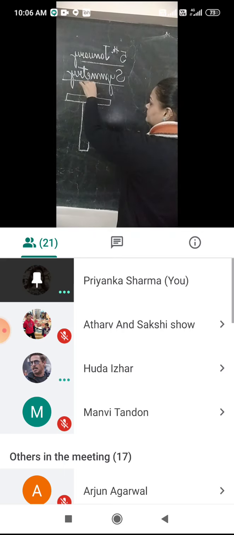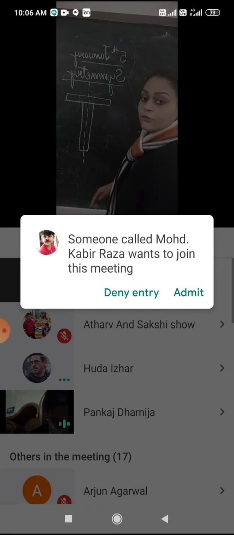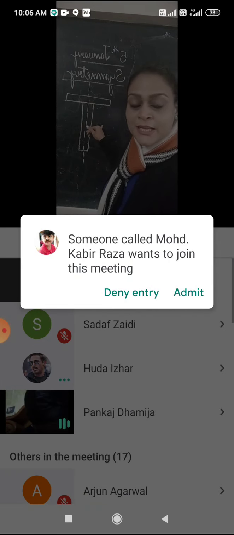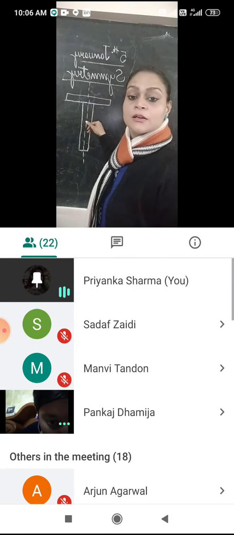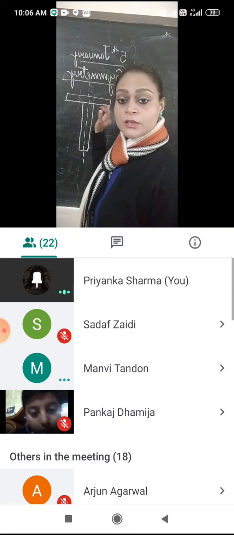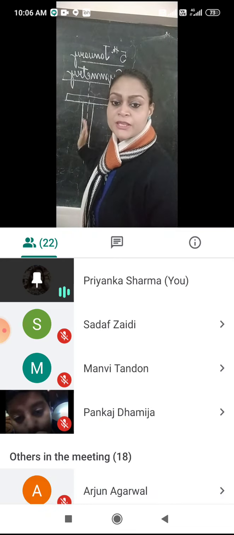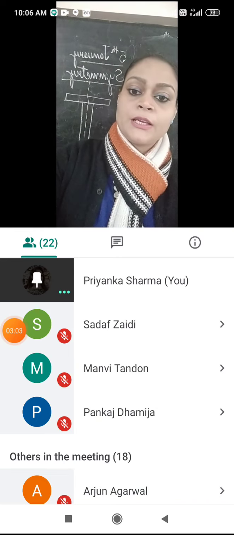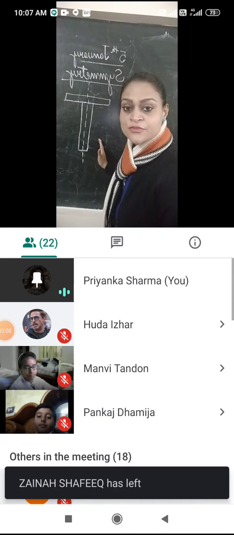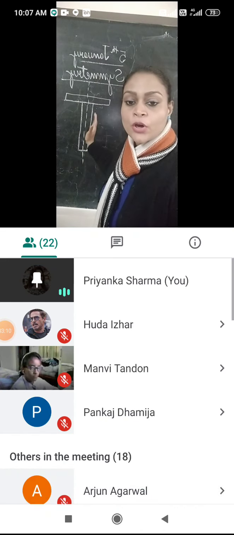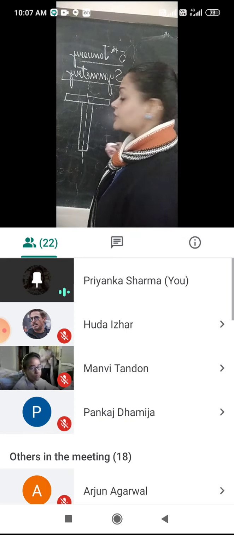This line. Vertical line. This vertical symmetry line is going to divide the figure into two equal parts, that means a mirror image. Similarly, if I draw another figure,